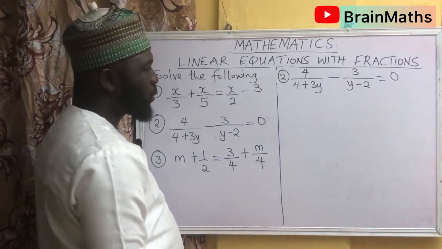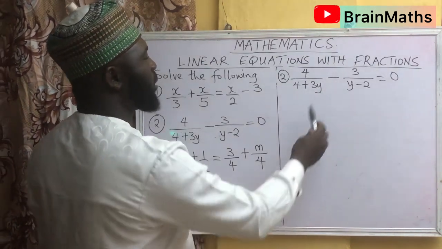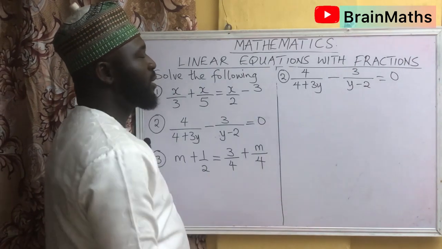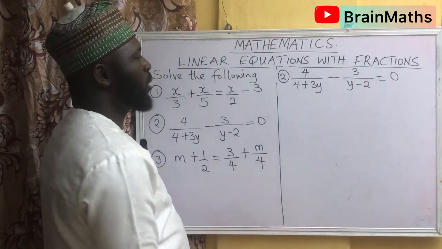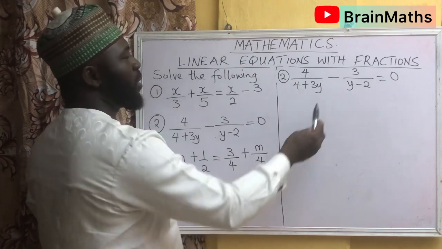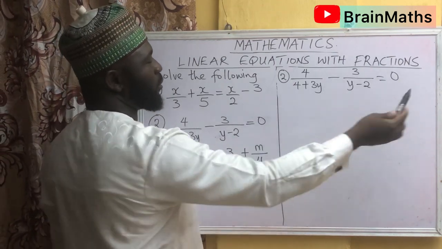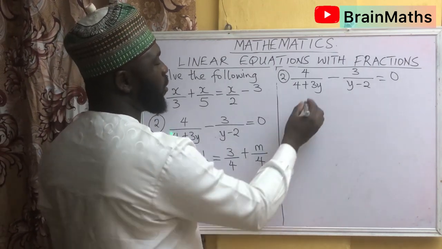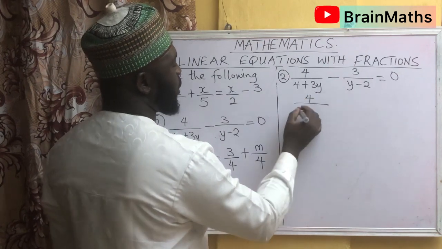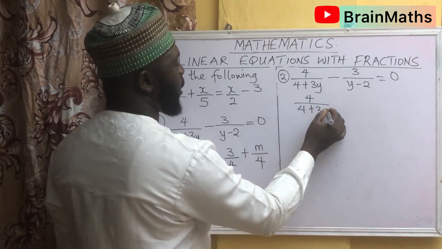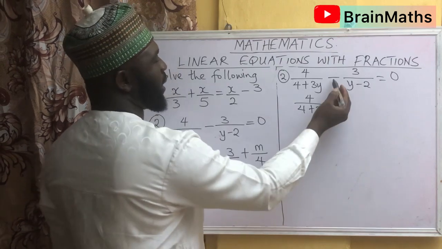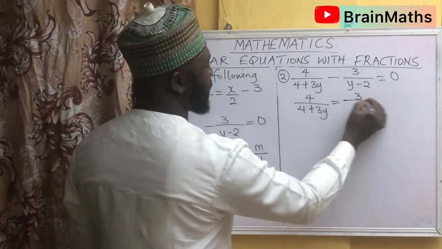So in this kind of situation, what we'll do is to move one of them outside so that they will be equal to each other. So the negative one, when it goes outside, it becomes positive. So we are going to be having 4 divided by 4 plus 3y equals to, the negative becomes positive outside,